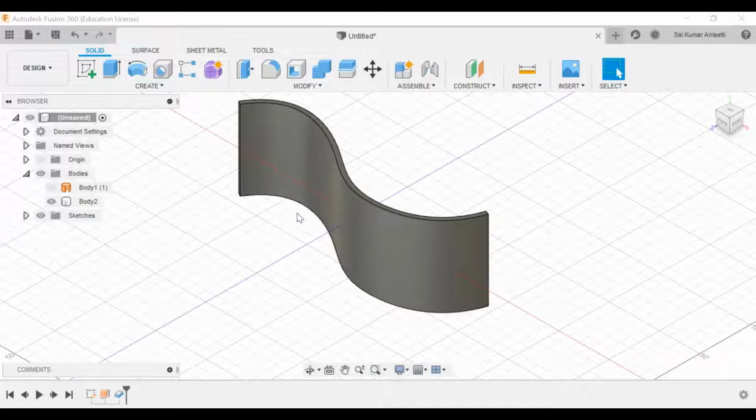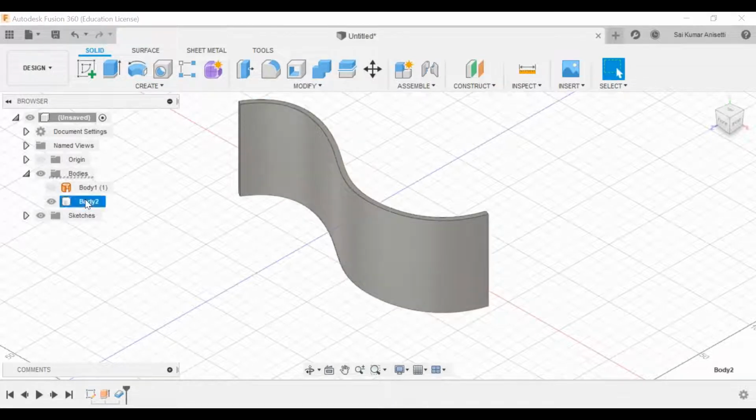Okay, initially we'll design a vehicle or else any particular mouse or a phone, whatever, everything we will be designing in surface modeling. Later we will just go to solid modeling and add the thickness. That is how your products will be manufactured. Generally that is how we do it. So you can check the symbol over here. Surface will look orange, your body will look solid white. That is the difference between surface design and body design. Both are considered as bodies itself.